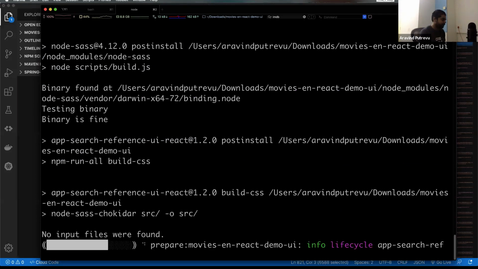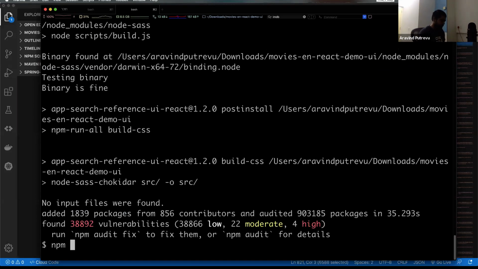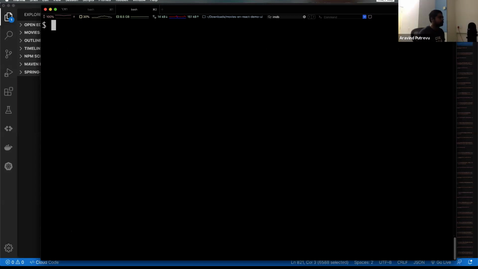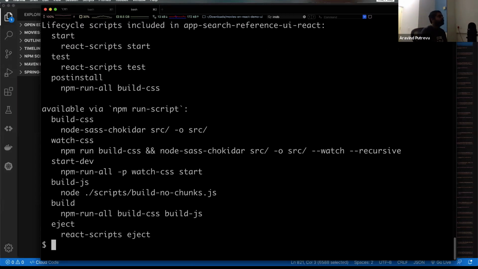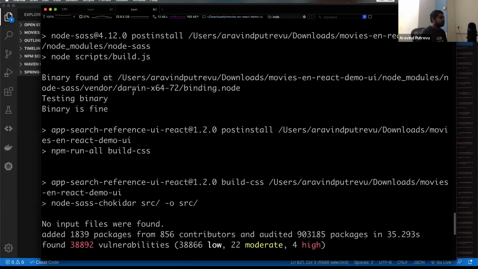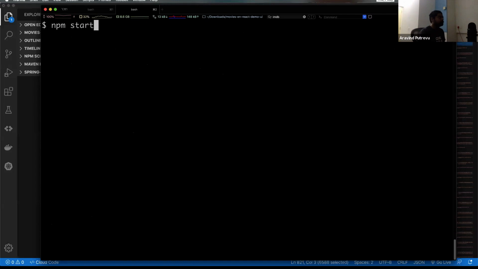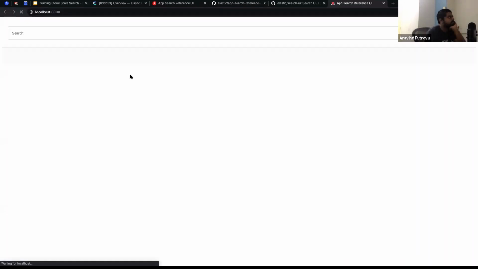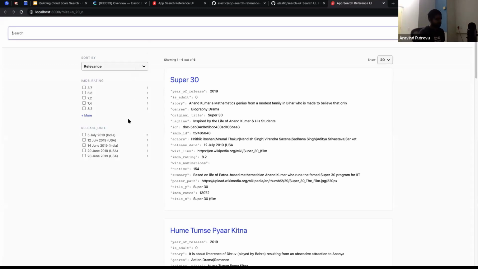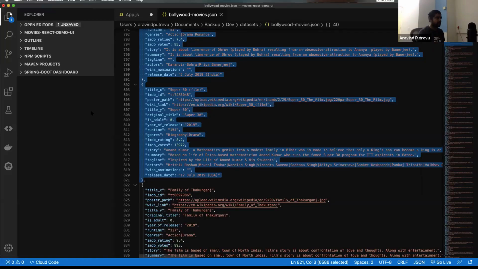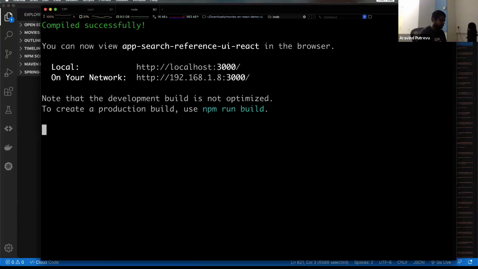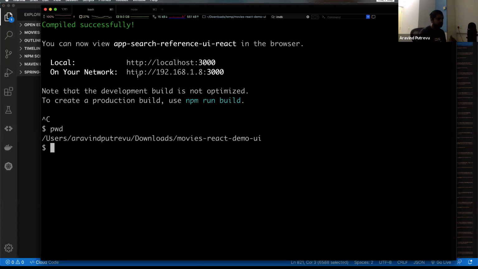Okay, great. So if I say, okay, again, just to make it visible to you. Oh, okay, sorry, that's my fault. So if I start this, it simply starts the app on localhost 3000 and brings me the same UI that I have shown you some time ago. Yeah, great. So from here, you just need to edit the code that is here, say this particular place, and then just add more and more stuff.